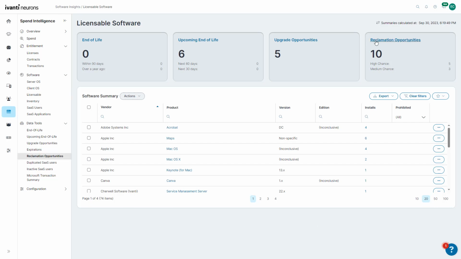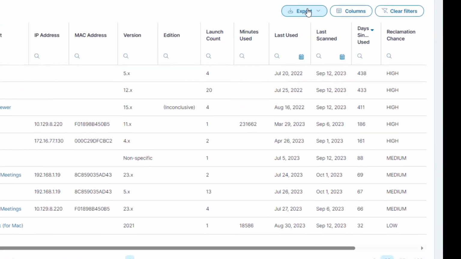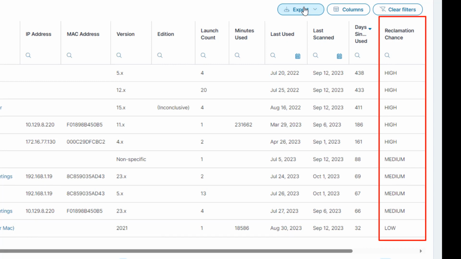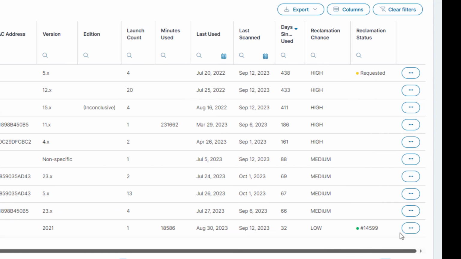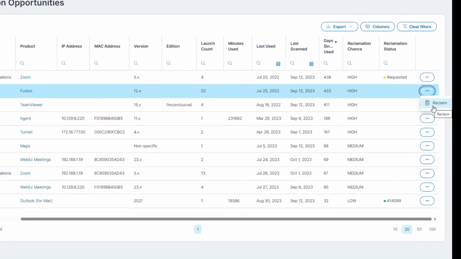By drilling down into the Reclamation Opportunities dashboard widget, we can observe that the solution tracks software usage of licensed applications and provides recommended options to optimize expenses by removing and reallocating licenses. By clicking one button, you can easily create a software removal service request in Ivanti Neurons for IT Service Management,